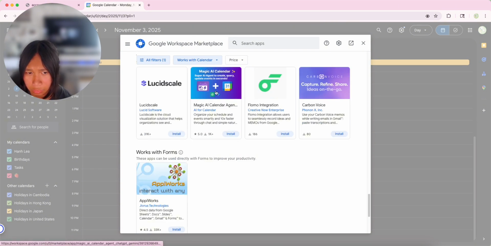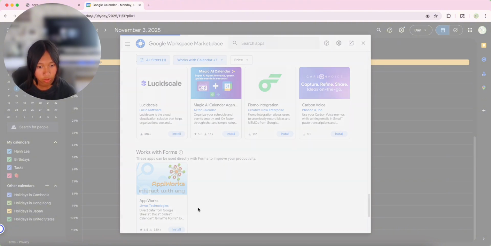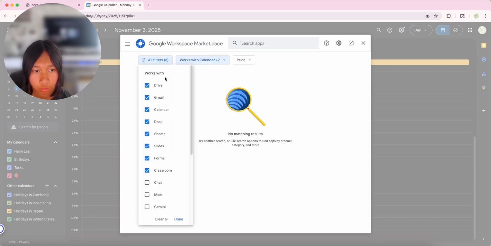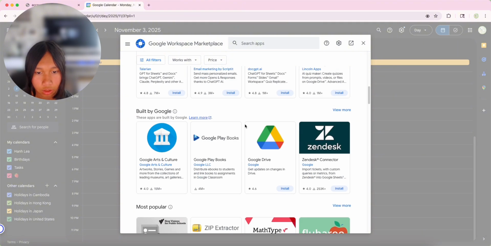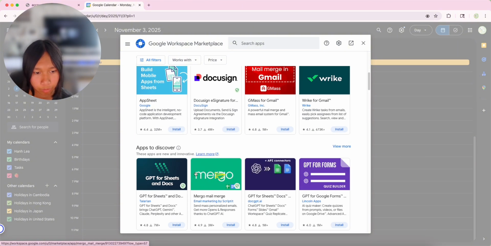Lewis Scale, I think. You could also just check mark all of these so that it'll put all the information on here. So done. I guess it does not work for all of them, but you could also just clear all of them. And then it will show all of these, which are the built by Google apps